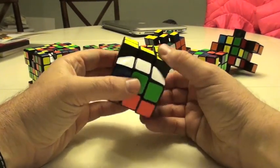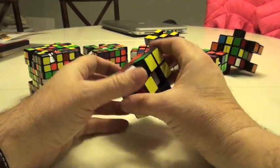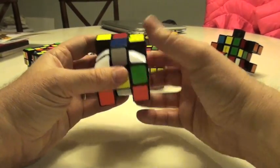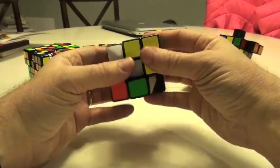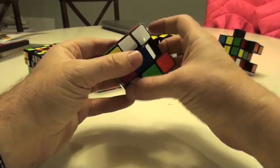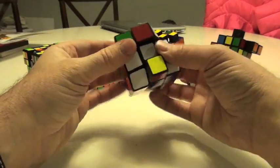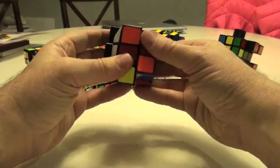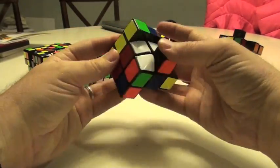So what I've bandaged my 3x2x2 into is a 3x1x1. I've actually bandaged this into a 1 layer where every so often I can find another layer that can move. So it's a very simple, basic scramble. Much more basic than the others, obviously, because what I'm dealing with is a bandaged 1x1, or a 3x1x1. I've actually taken an entire dimension out, and I'm just going and doing as much of a scramble as I can